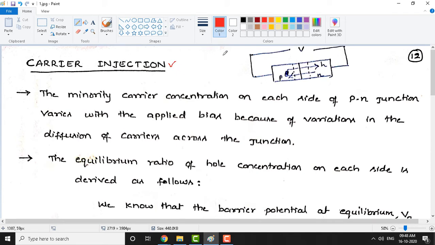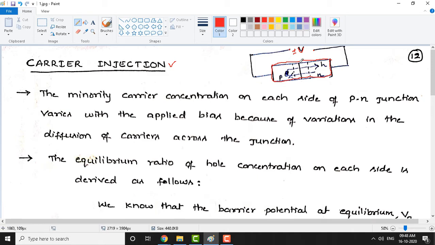Okay, so carrier injection, we can see how exactly the different types of charge carriers in a PN junction get injected. This is a PN junction, this rectangular box that you are seeing here. You can see that different types of carriers keep injecting due to the applied voltage. Since I have not mentioned what type of voltage we apply here, generally let me say that V can be positive or V can be negative. Based on this voltage, the majority or minority carrier injection will take place in the junction.